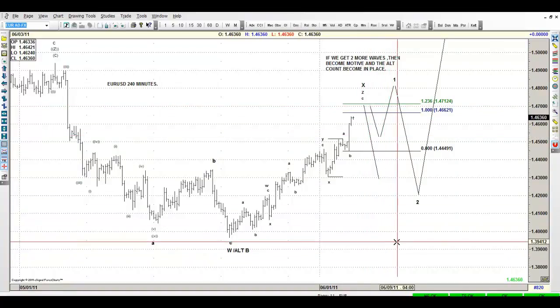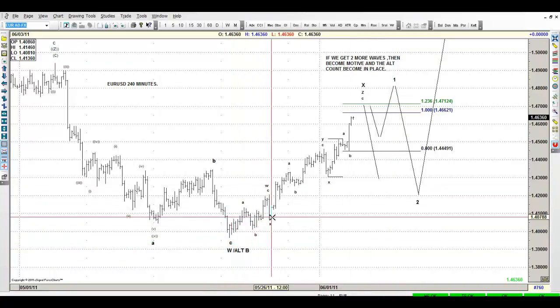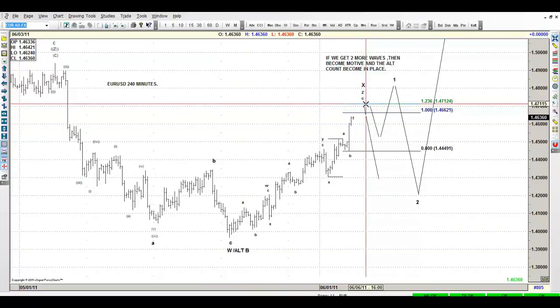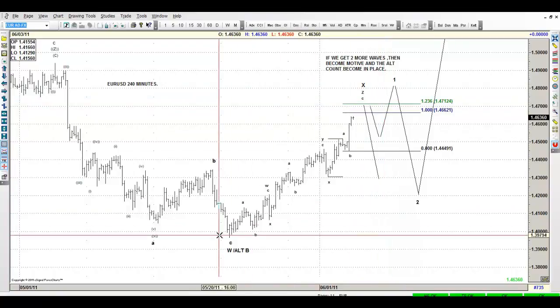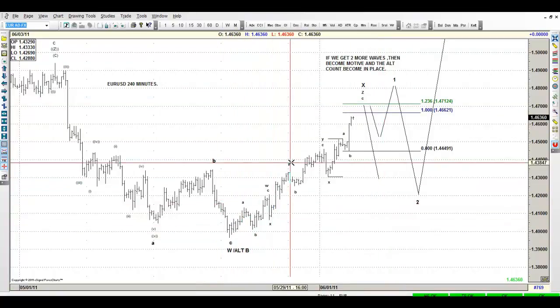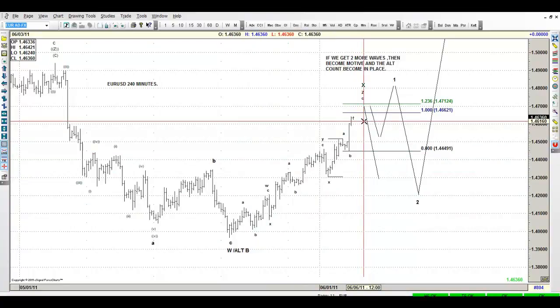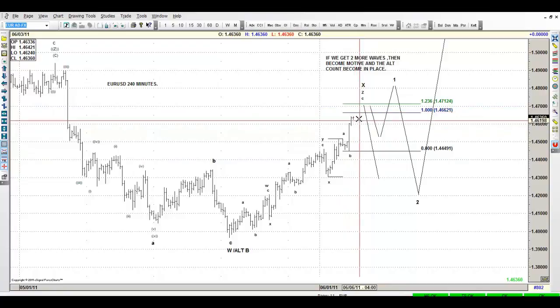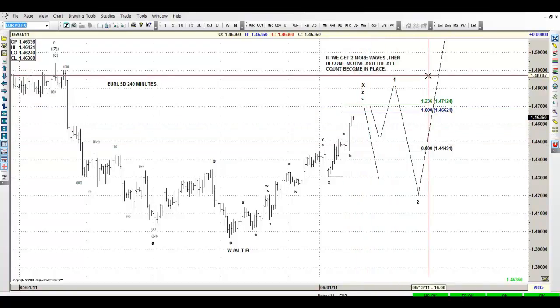The second scenario is the bullish one, when you got 1, 2, 1, 2, 3, 4, 5 ending around this area. Then you got a 4 and you got a 5. Why are we calling it like that too? Because you got 1, 2, 3, 4, 5, 6, 7, 8, and you are in the ninth wave. 9, 10, 11. You need a 12 and the 13 to complete a 5-wave move.